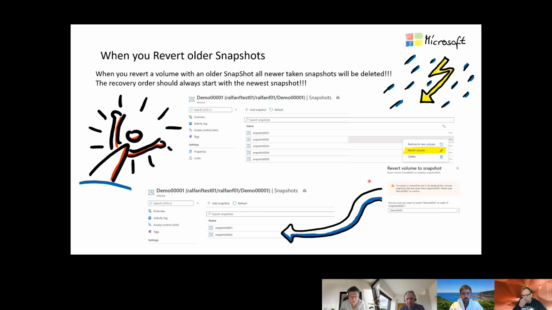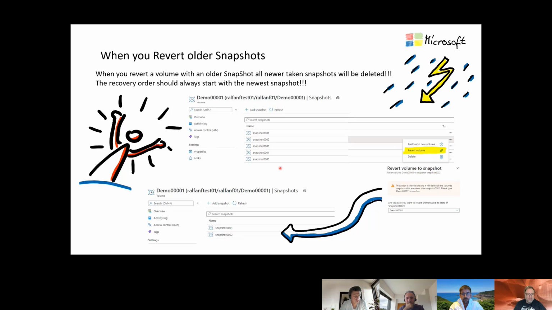Revert volume. So this is what we see then actually today. When you revert a younger snapshot, all the even more younger snapshots are deleted, because when you do a snap revert on this older snapshot, that's snapshot 002, for example, then all the younger snapshots are deleted. And that is very important, especially when you think about the recovery and you're saying, hey, let's use an old one first. So you always, especially the recovery point, should always start with the youngest snapshot, and then, if necessary, go to the older snapshots, but not the other way around, because then you would delete your younger snapshots. So I think this is also very, very important to understand.